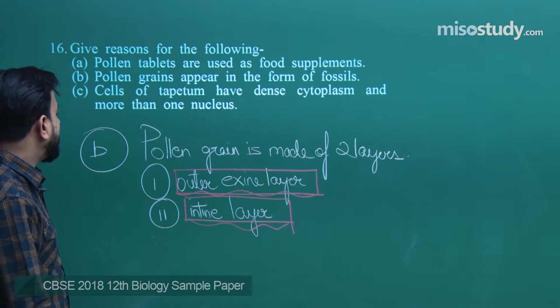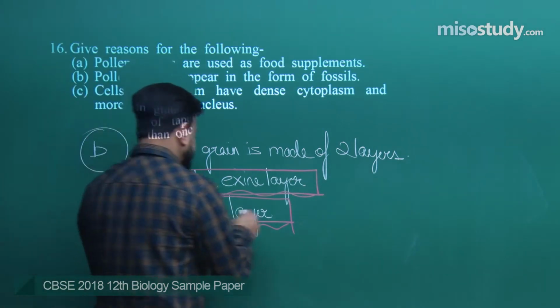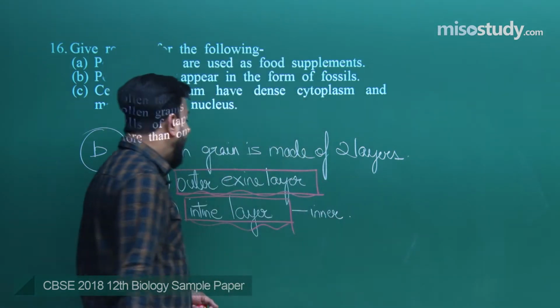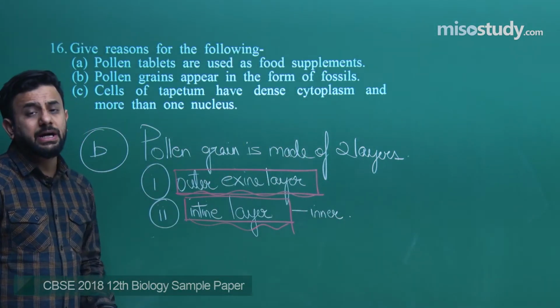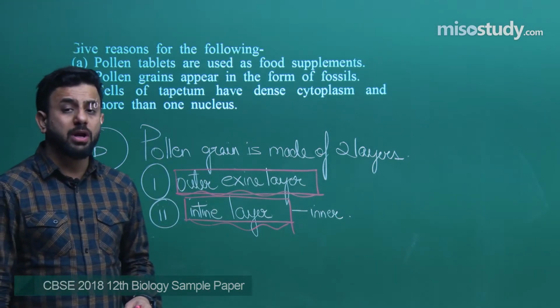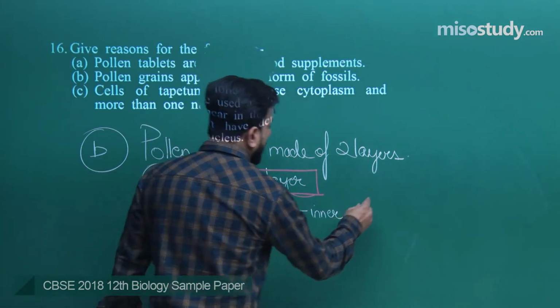The outer exine layer is made up of sporopollenin. Sporopollenin. See, when we talk about the structure of the pollen grain,